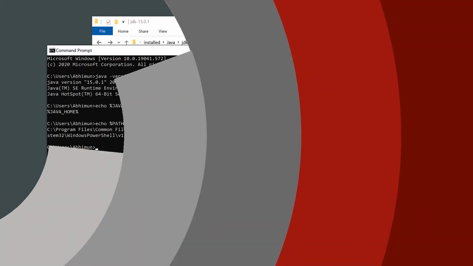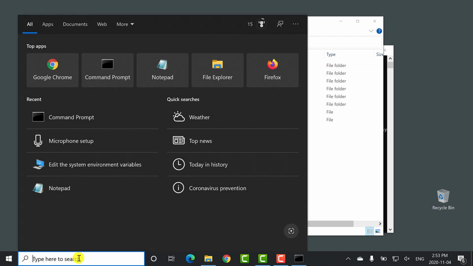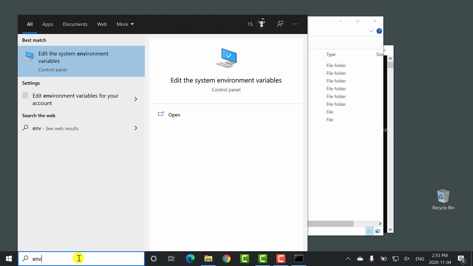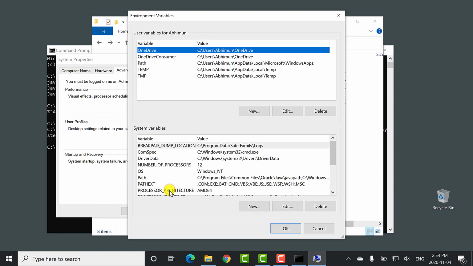To do that, go to that JDK folder and copy that path. Type env in the search box and click edit the system environment variables. Click environment variables. Here we can set up two types of variables: user variables and system variables.